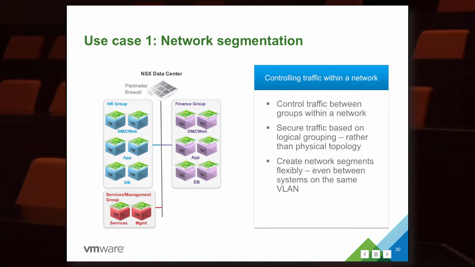So let's talk about a couple of use cases. Use case 1, network segmentation. And this is really the core, and like I said, the killer app inside of NSX, where we're no longer restricted just to having a perimeter and then an internal firewall. We can take the perimeter firewall, leverage that the way we always did for the inbound traffic, and then internally leverage the hardware that we already have and the x86 resources and investments we've already made to ensure that we